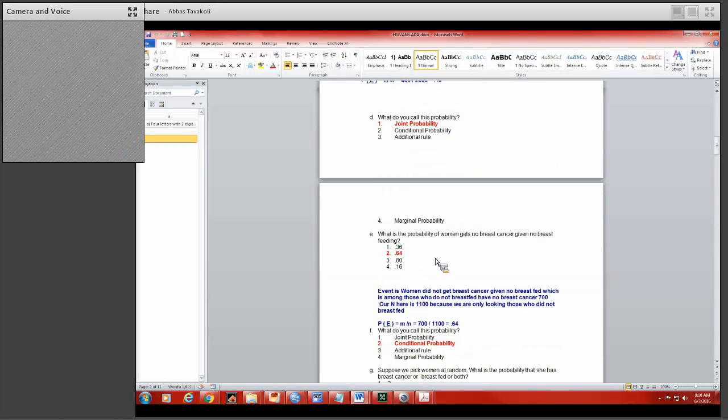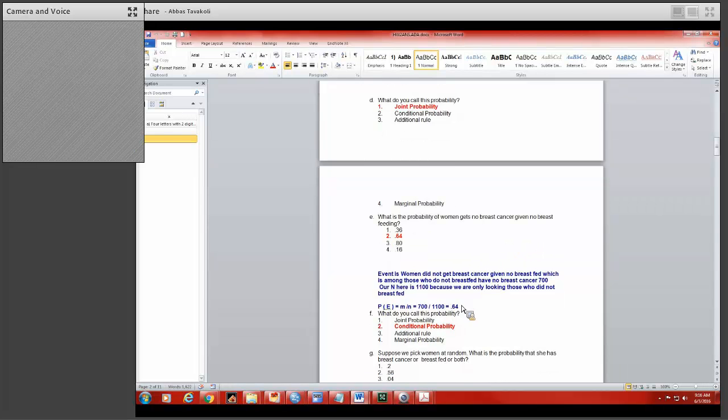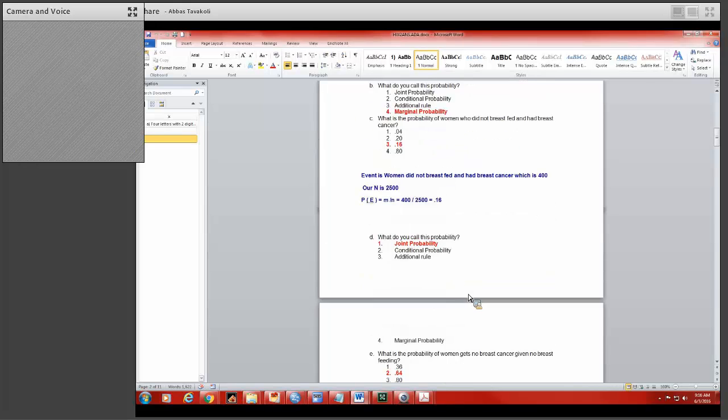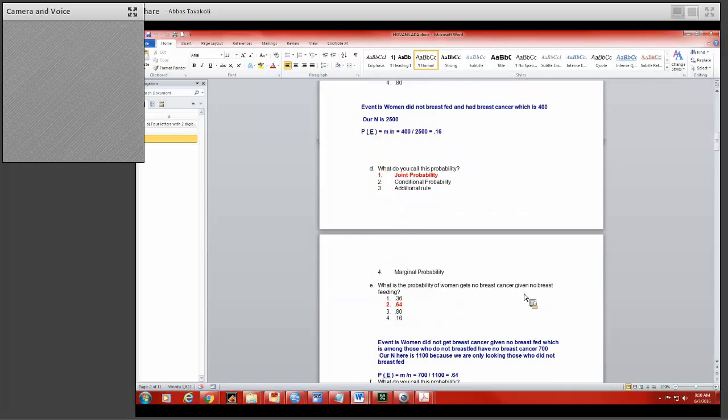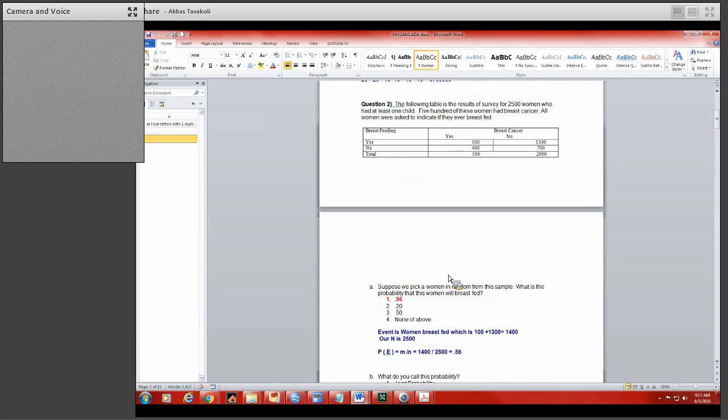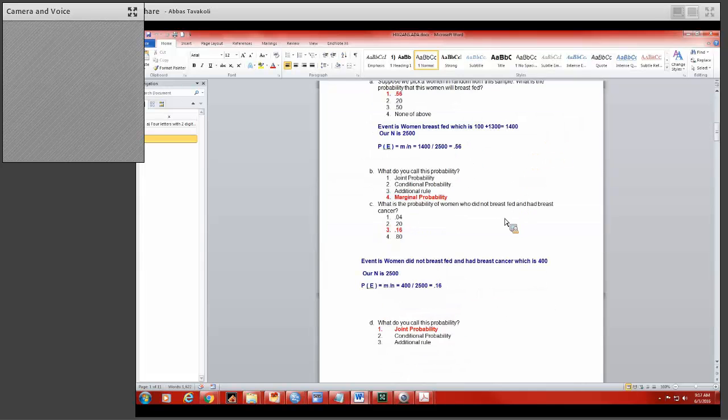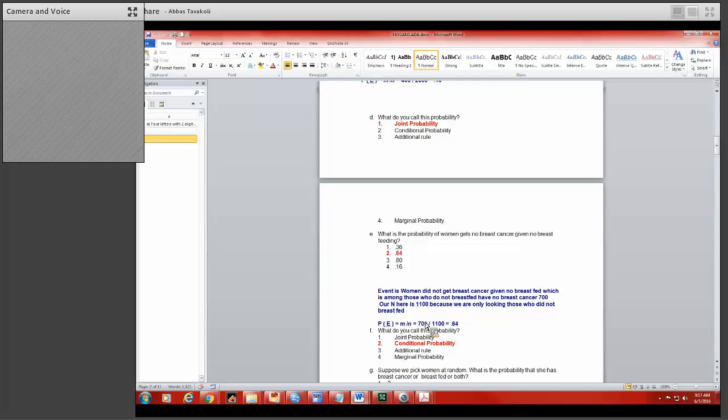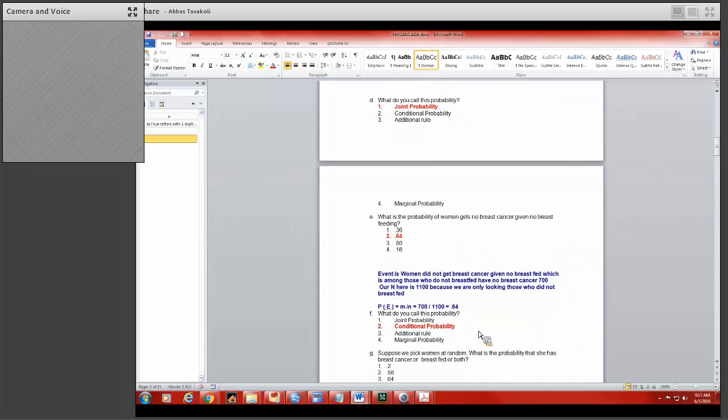What is the probability of a woman with no breast cancer given no breastfeeding? Again, you're looking at the conditional probability. If you look at no breastfeeding, that's 1100, and no breast cancer is 700, so 0.64